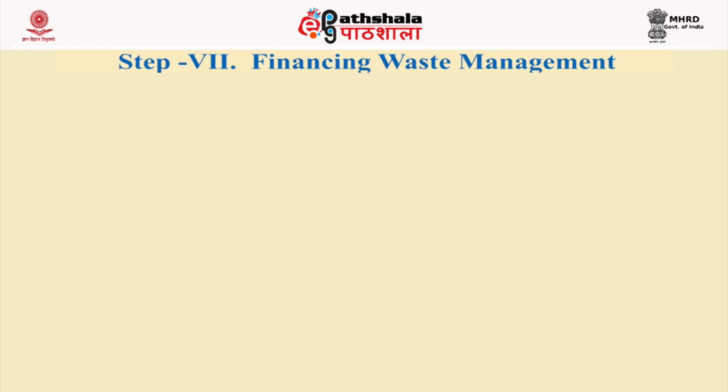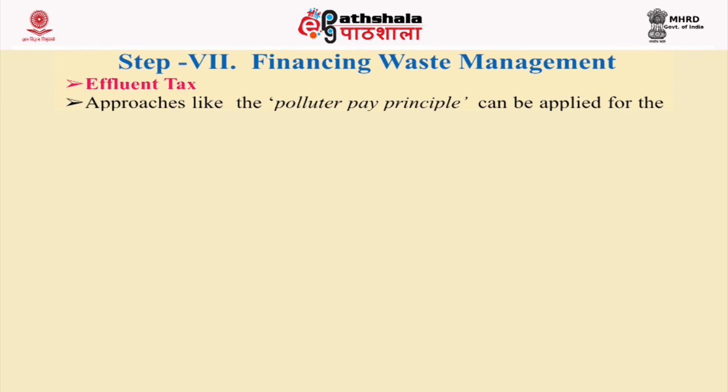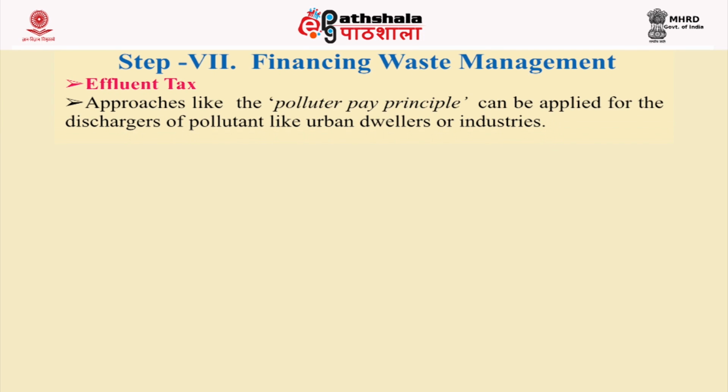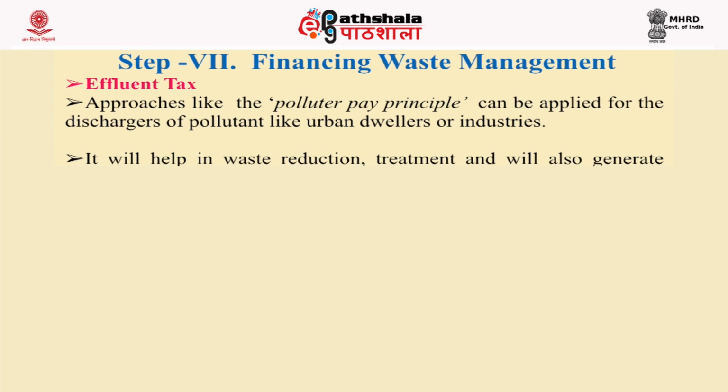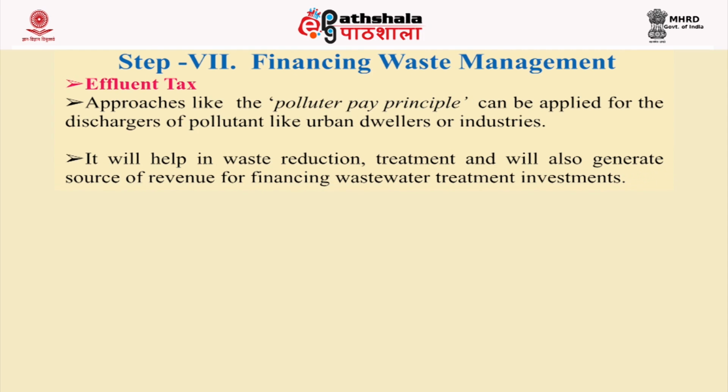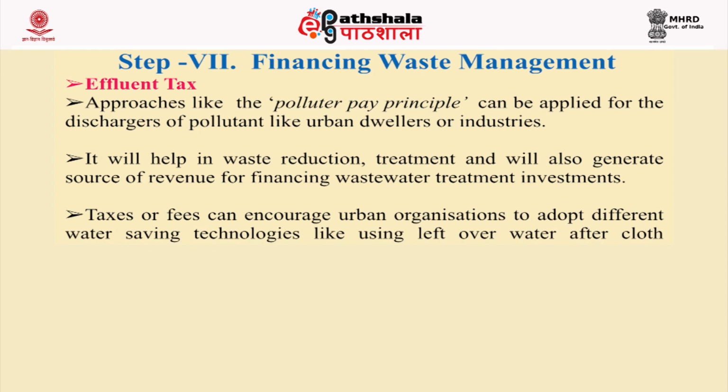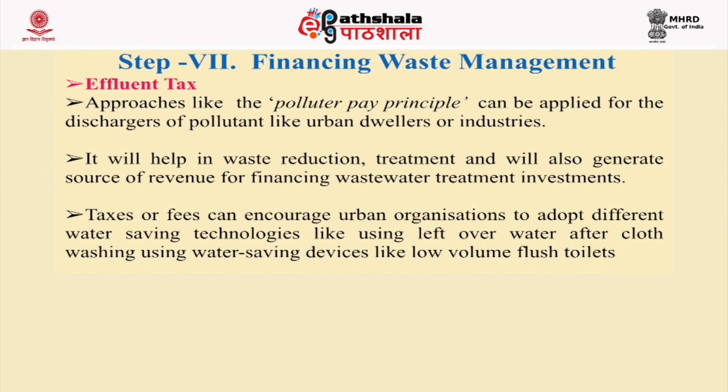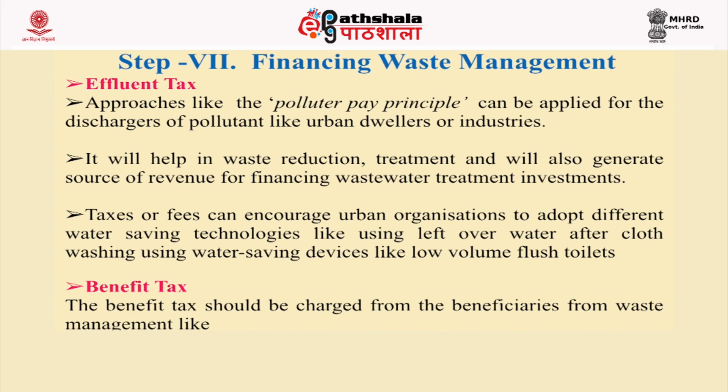Step 7 is financing waste management. It includes effluent tax and benefit tax. First is effluent tax. Approaches like the polluter pays principle can be applied for the dischargers of pollutants like urban dwellers or industries. It will help in waste reduction and treatment, and will also generate a source of revenue for financing wastewater